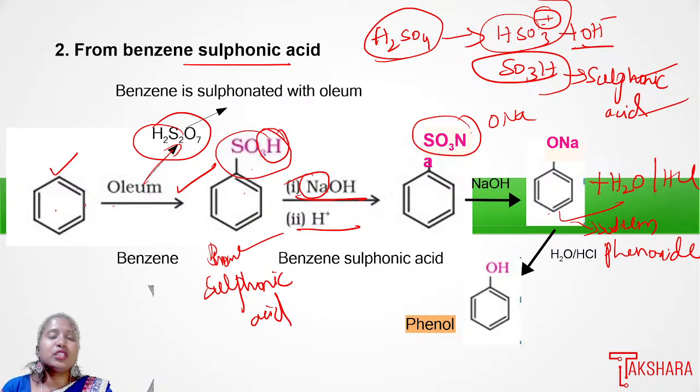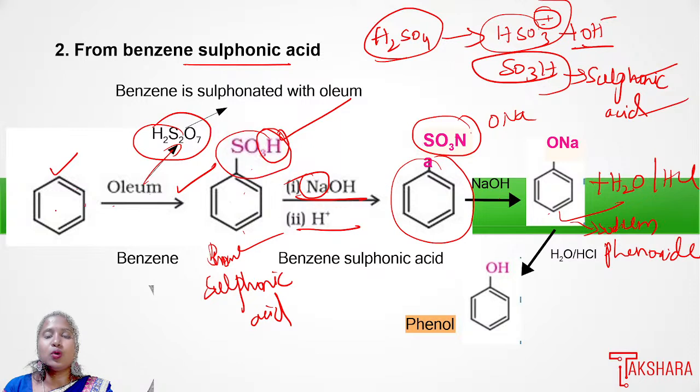So in H2S2O7, the SO3H is going to combine with the benzene ring. We call it benzene sulfonic acid. Okay, so this is benzene sulfonic acid. Then if we treat benzene sulfonic acid with NaOH and H+, we get the product